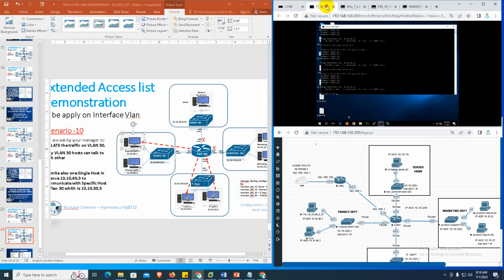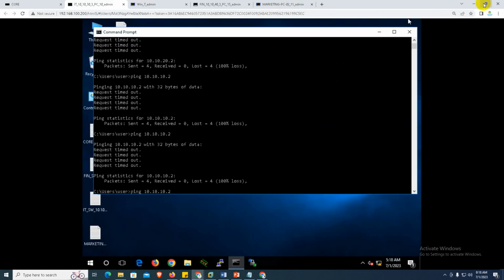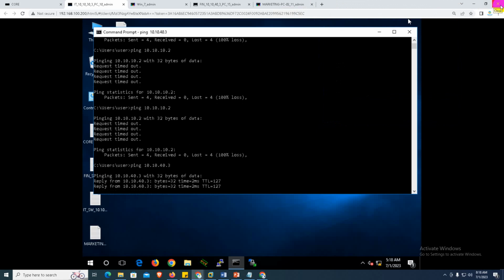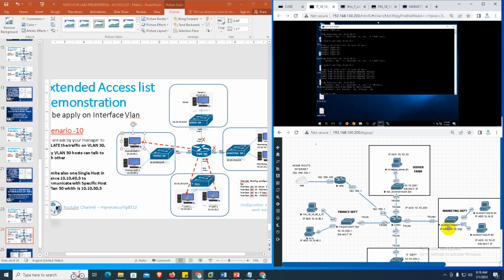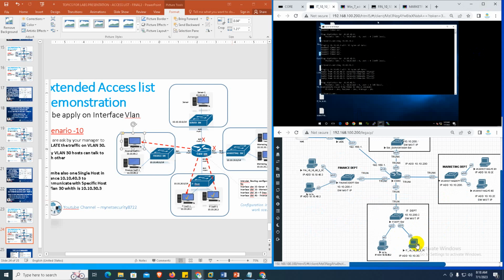So if you will test, as you can see, we will test now. We will ping the finance 40.3. As you can see, it is reachable from the PC. Okay, the ping came from here going to here, from here going to here. Okay, and now